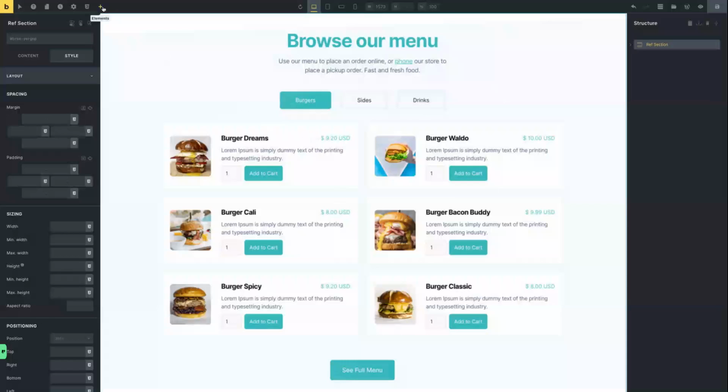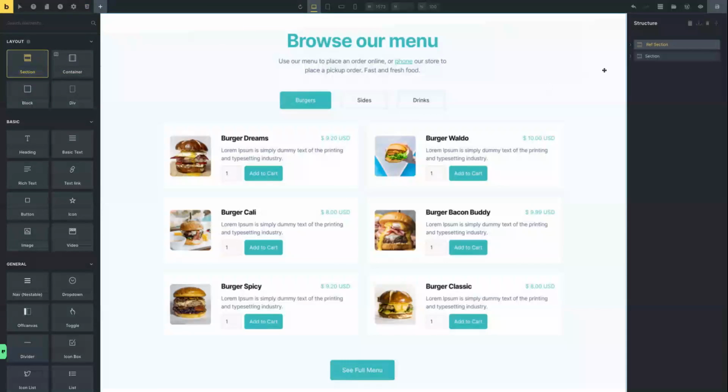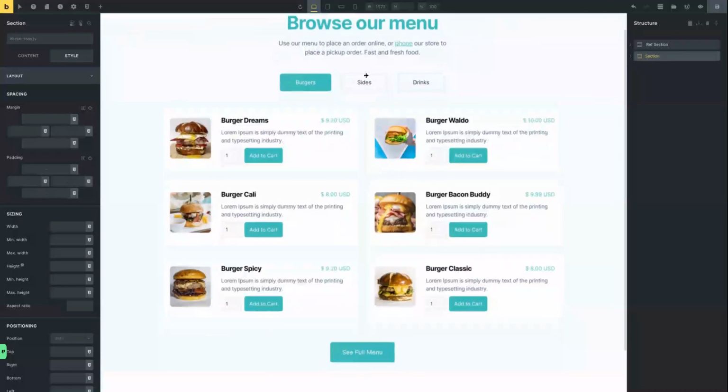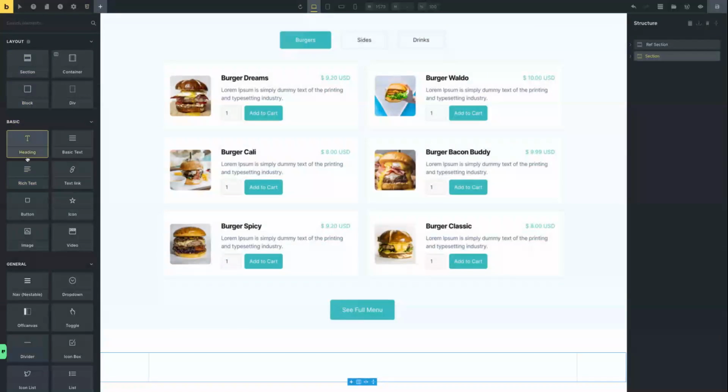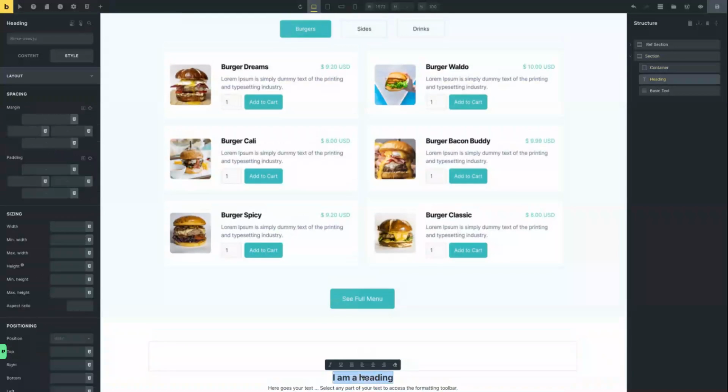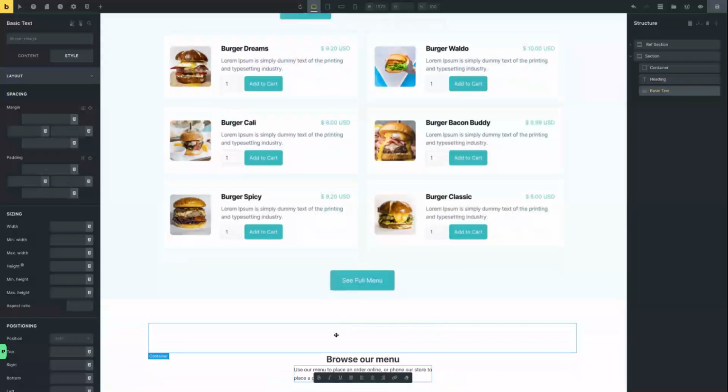So let's get started. First of all, we will add a section, go down to that section, and the first thing we're going to need is a heading and some text. So let's add in a heading and some basic text. This heading is going to say, sorry, it's down here, browse our menu, and the text should say that. I've copied that in, and then the next thing we need to do is add